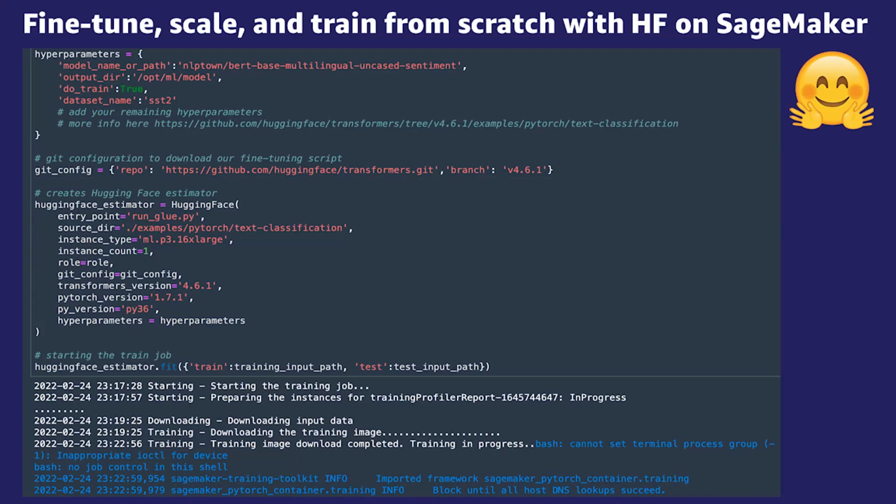Next, we have this very handy parameter called a git_config. So this git_config parameter is pointing to the Hugging Face repository. So again, it's pointing to the Hugging Face Transformers GitHub repository directly, and the branch, so you know the version of the Transformers SDK that we're using, and you'll see 4.6.1 pretty commonly. So again, we're pointing to that base git_config.